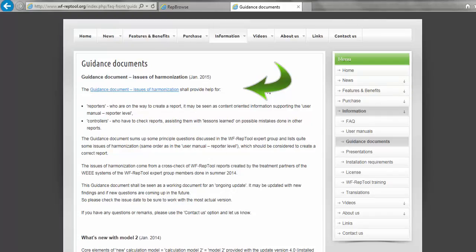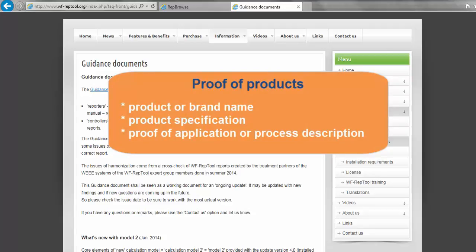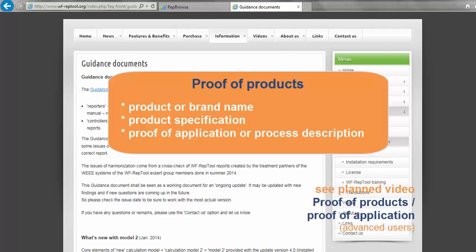In the guidance document, Issues of Harmonization, we have put together our ideas how this proof of products may be given, e.g. providing a product or brand name, a product specification describing the product, a proof of application if WE fractions are directly applied, or a process description if the WE fractions are further treated to get a product. For more details on this, please see the planned video Proof of Products, Proof of Application under Advanced Users.